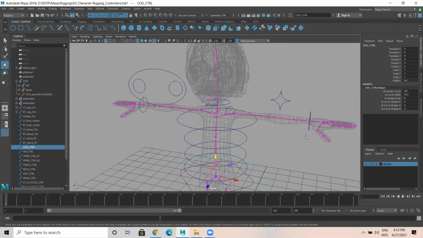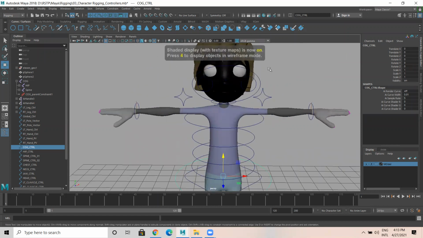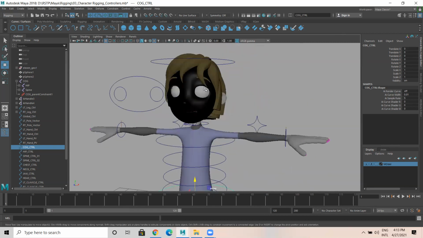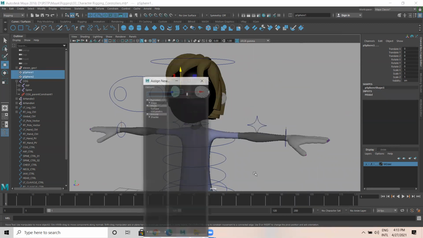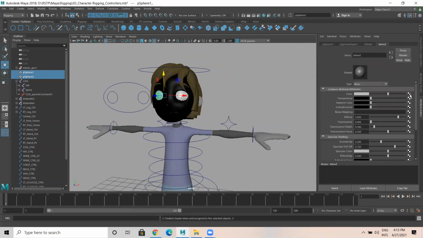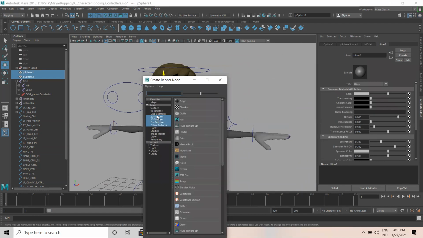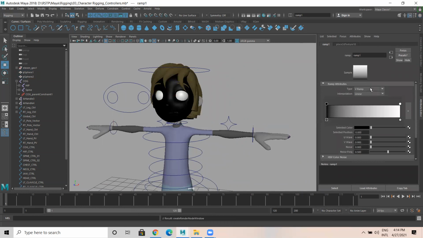So after this, I would like to add the eye controller. What I do, I select both eyeballs, I apply a new material, I go for blend, and in color, I apply a 2D texture, ramp.